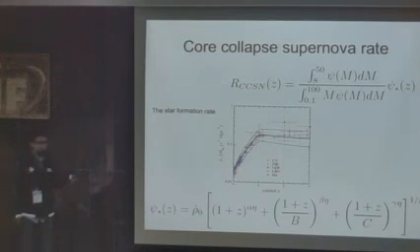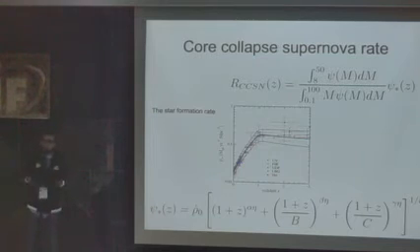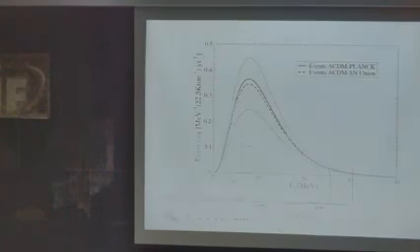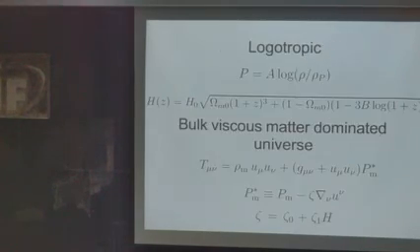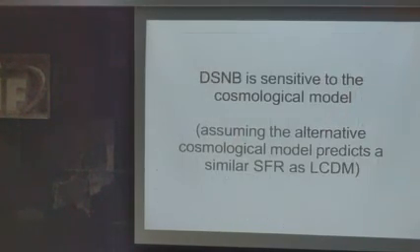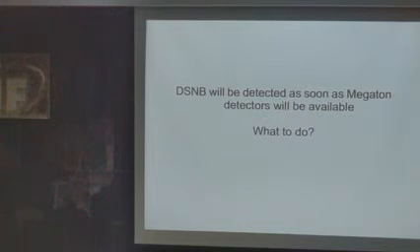So if you want to test a cosmological model, start to think about computing the star formation rate, because you can compare with data. So it is another alternative way of testing cosmological models. Well, so essentially the conclusion is the diffuse supernova neutrino background is going to be detected soon, as long as megaton detectors